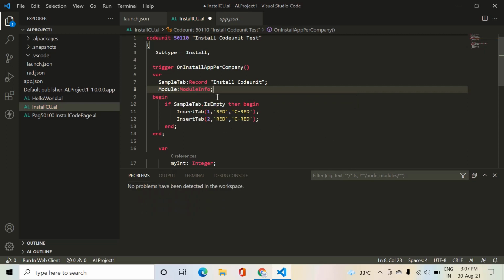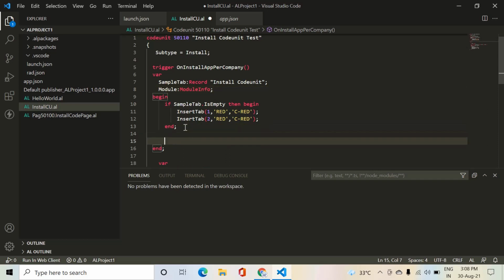So guys, although we will learn about this when we learn the use of the upgrade code unit, I just want to give you an idea of what we can achieve with this data type. For example, this is one of the types where we can check that my extension is installing